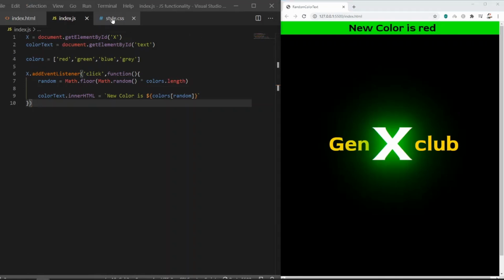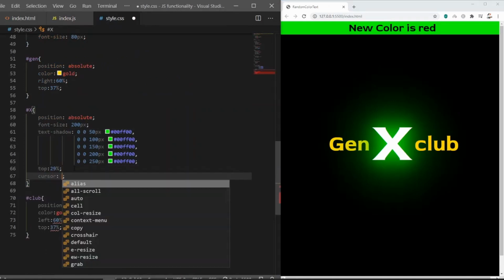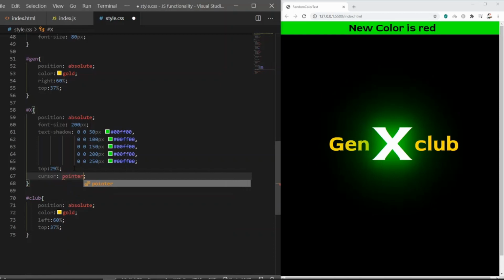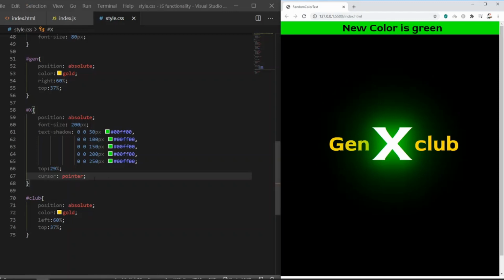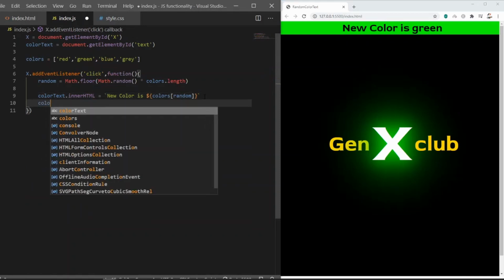So now let's change the background. Okay. Before that, let's make this X feel like a button by giving it a cursor pointer. There. Nice. So now let's get back and make updates to the background of the color randomly.